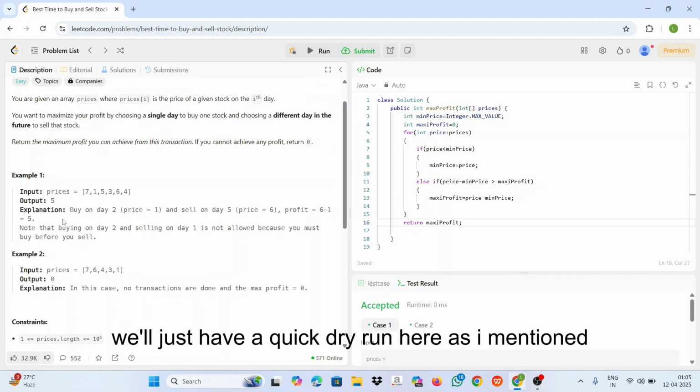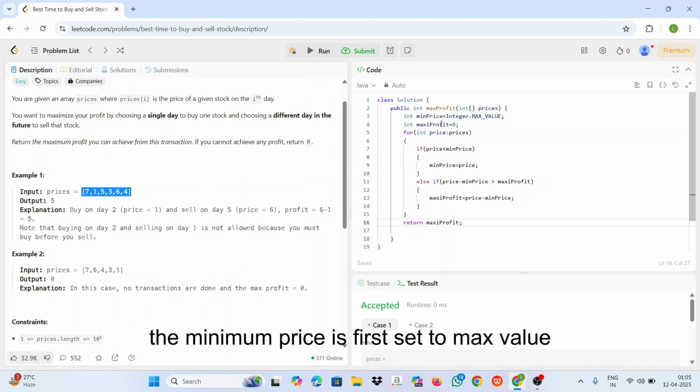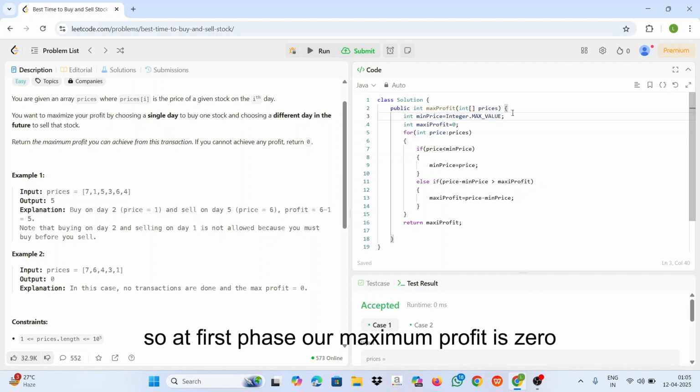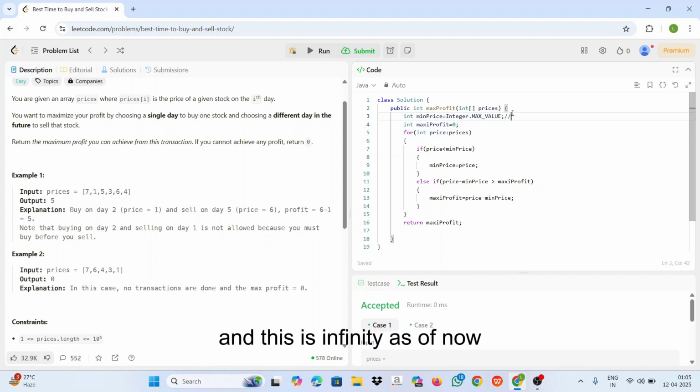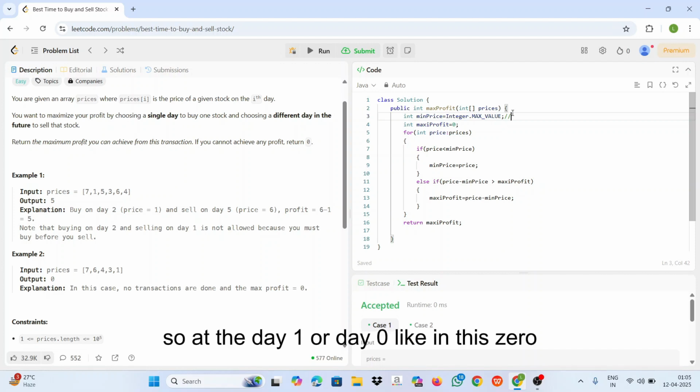If you need, we'll have a quick dry run here. As I mentioned, minPrice is first set to max value, which may be thought of as infinity. At first, our maximum profit is zero and minPrice is infinity as of now. On day zero, our minPrice would be updated to 7.